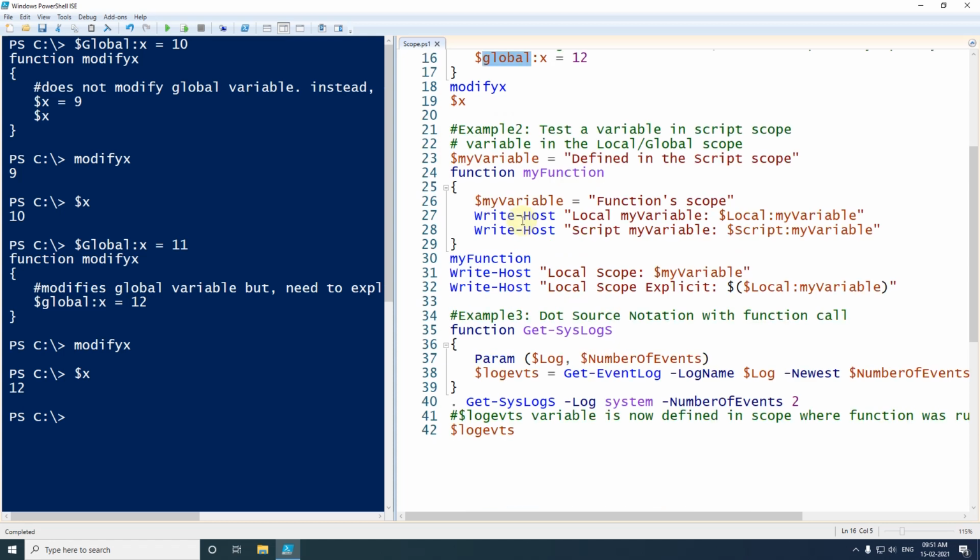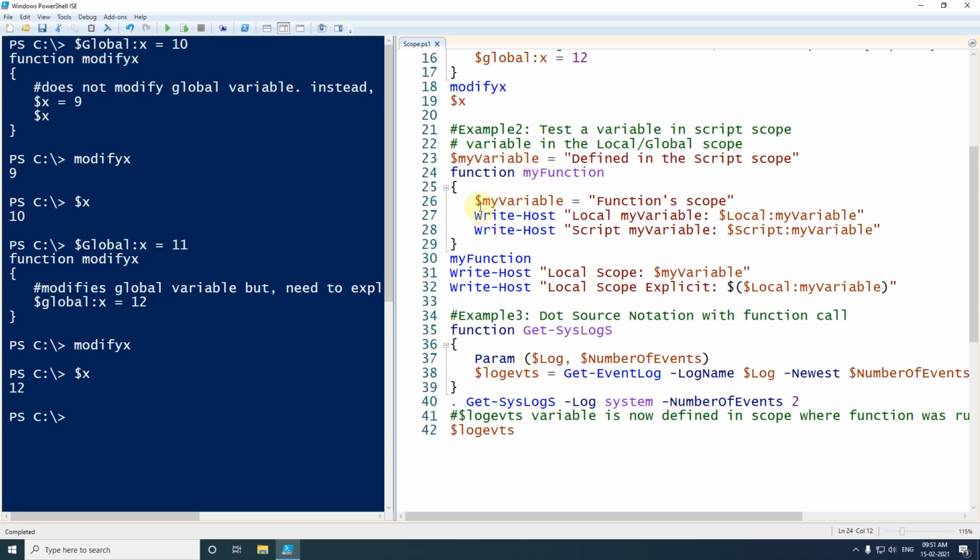Now let's move to the next example. Here first I have created one variable which is both a local variable and a global variable, because global scope is the root and parent scope. And I have created one function called my function.